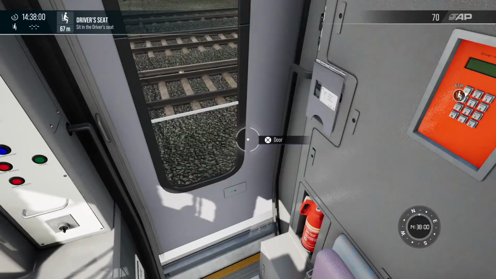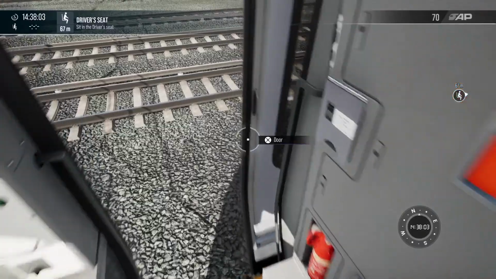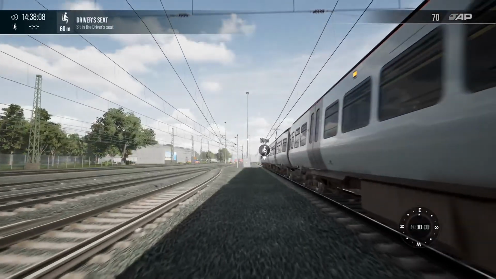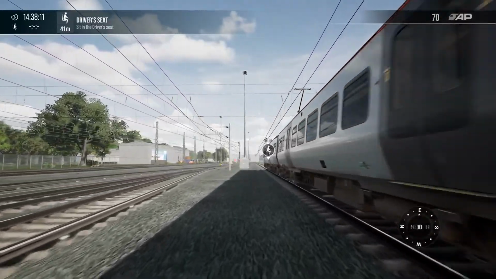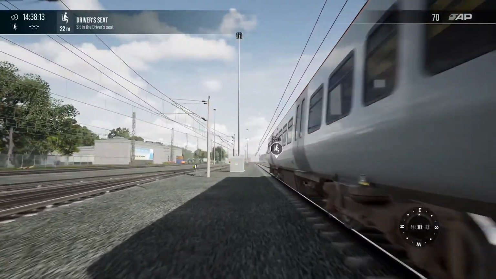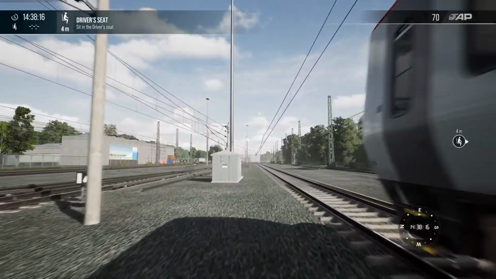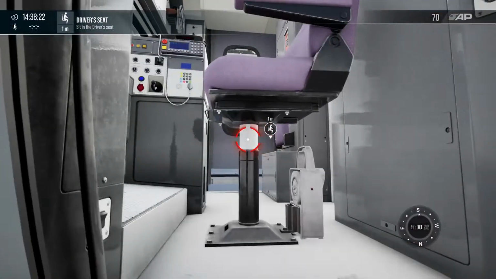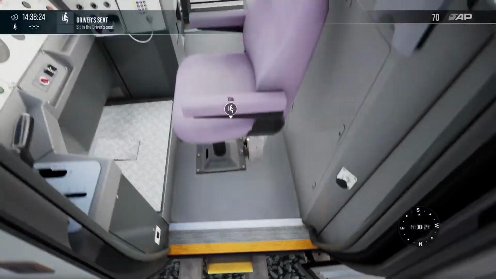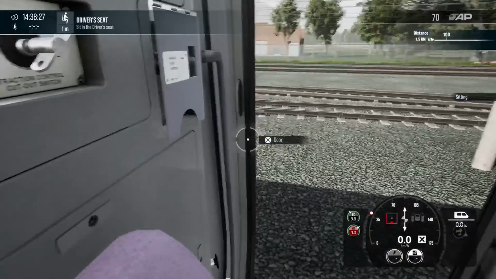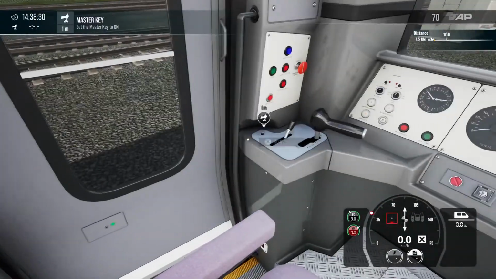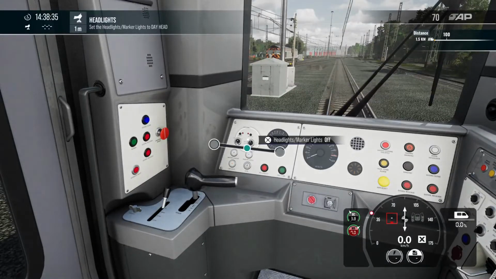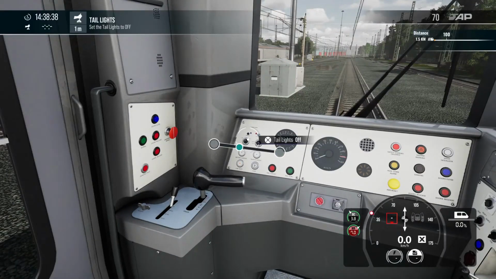I'm just gonna do the more logical thing to do, and that's to hop out and just walk all the way to the back, just like this. I feel like this is a little more ethical. Step up, sit, close, master key on, day, off,